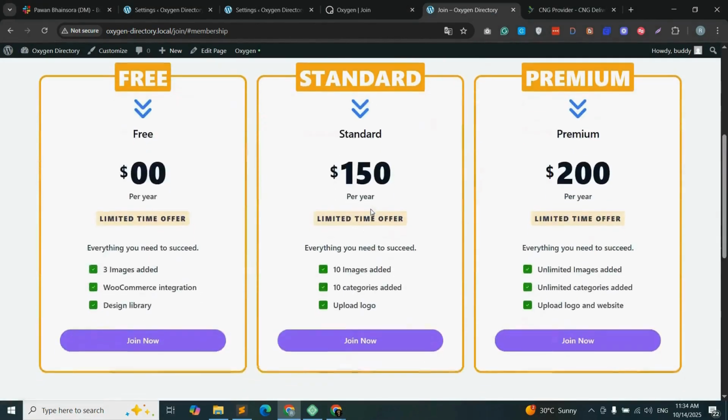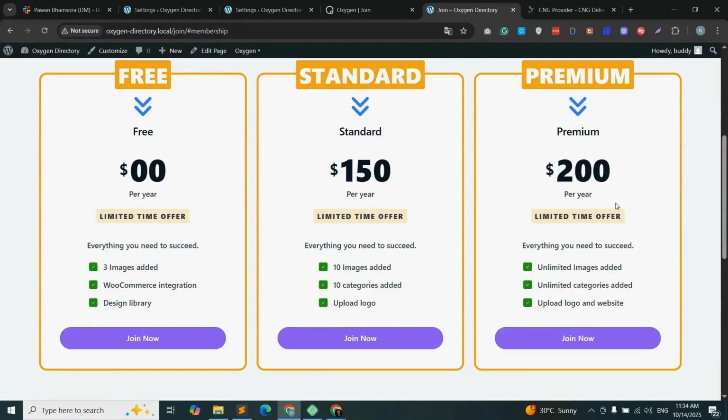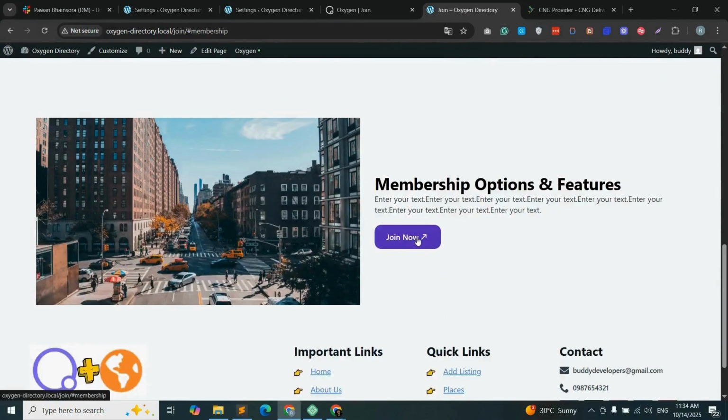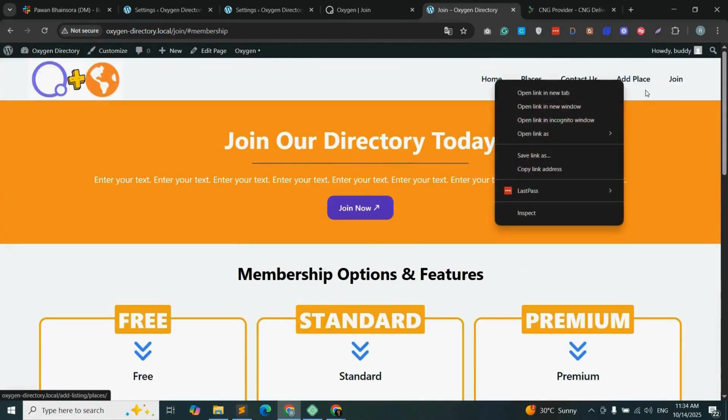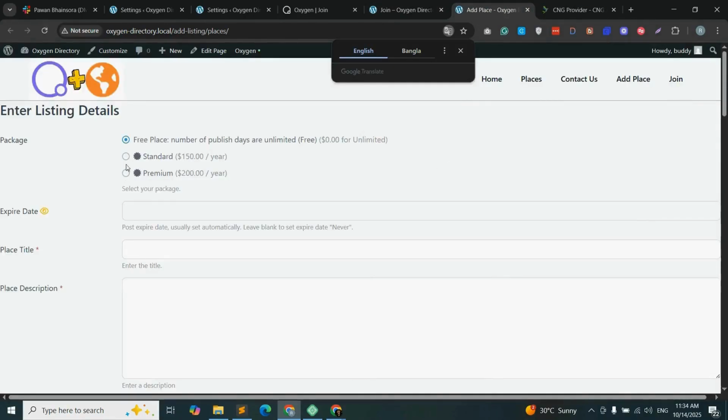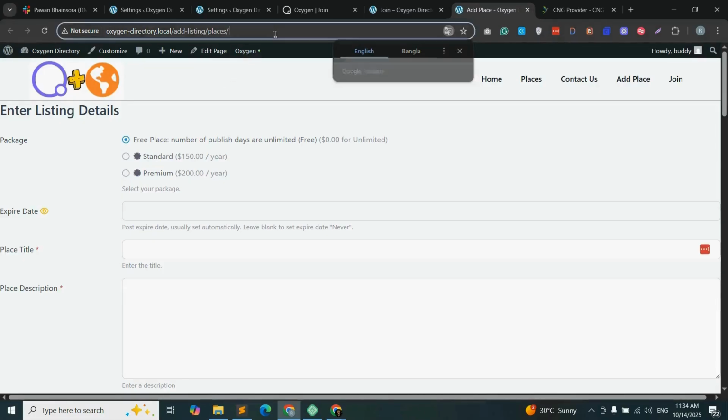So now on clicking the button, it is scrolling down to the packages. So according to the packages, our ad listing should be shown. So for that we will be opening the ad listing first. Now the listing form can be seen here. So here we have